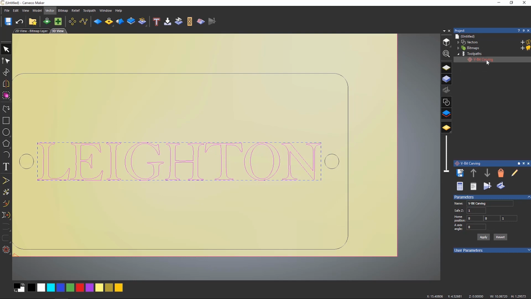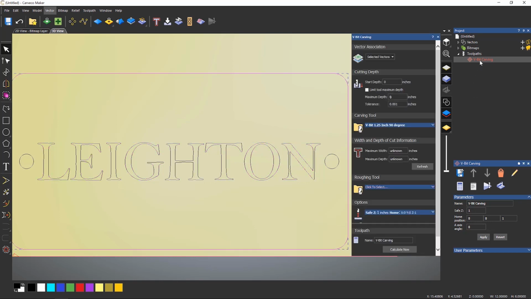Open up my toolpaths. Now you can see that I've still got my VBit carving there. Now it's entirely up to you. You can basically right click and delete that if you want to and just start again, create a completely new VBit carving, or you can double click on that and it basically retains all of that information and you can recalculate it. So if I were to select the vectors there, click refresh, you can see that it hasn't thrown